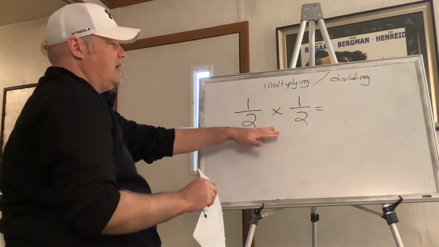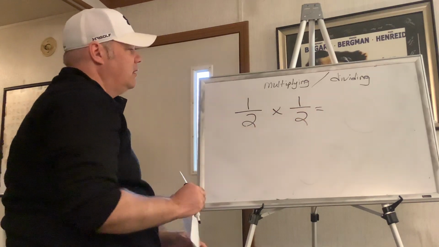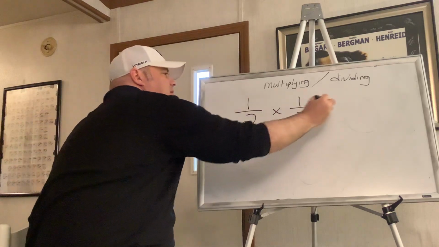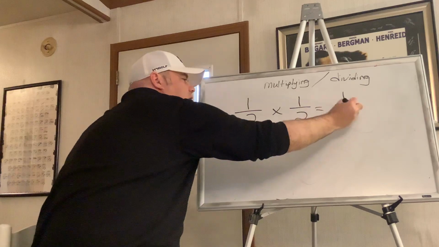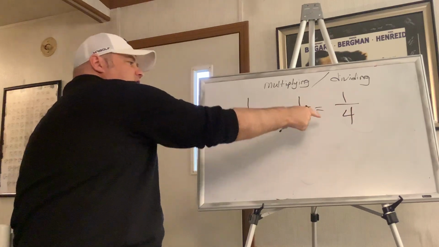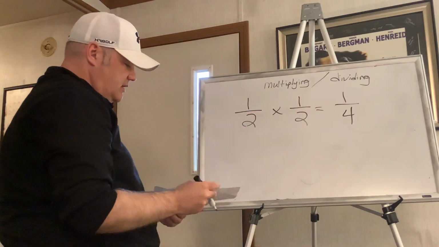Now they are in this case, but you don't have to worry about that. All you have to do is multiply the tops, so you get 1 times 1 is 1. 2 times 2 is 4. So a half of a half is a fourth. Okay. Another example is